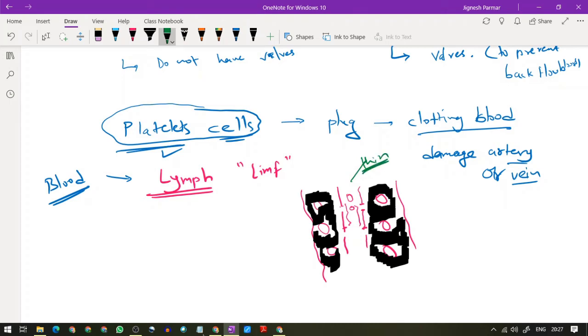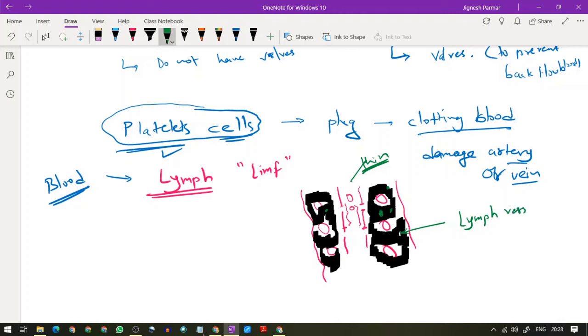And that's why this fluid, the lymph, contains some small proteins. These proteins are very useful, and this is a tissue fluid. We call it lymph as a tissue fluid, and proteins and some blood cells also escape into the intercellular space. Now what exactly happened? This forms the lymph, which then goes to